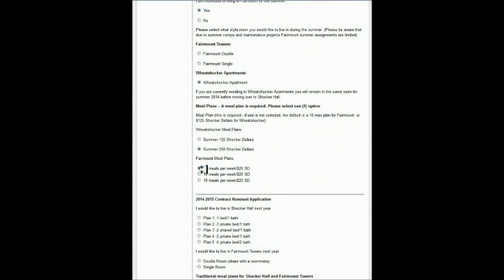Next thing you're going to find is the Shocker dollars themselves. You're going to offer summer 125, or you can even go up to summer 250. And that 250 Shocker dollars is also going to be defaulted for you for the summer. Fairmount meal plans will be 10 tickets a week with 25 Shocker dollars, 15 or 19. So you have a couple options to choose. If you don't choose, your default in Fairmount for the summer is 10 meals. That completes your summer. That's all you're required to do to let us know that you're staying. And then we're going to move to